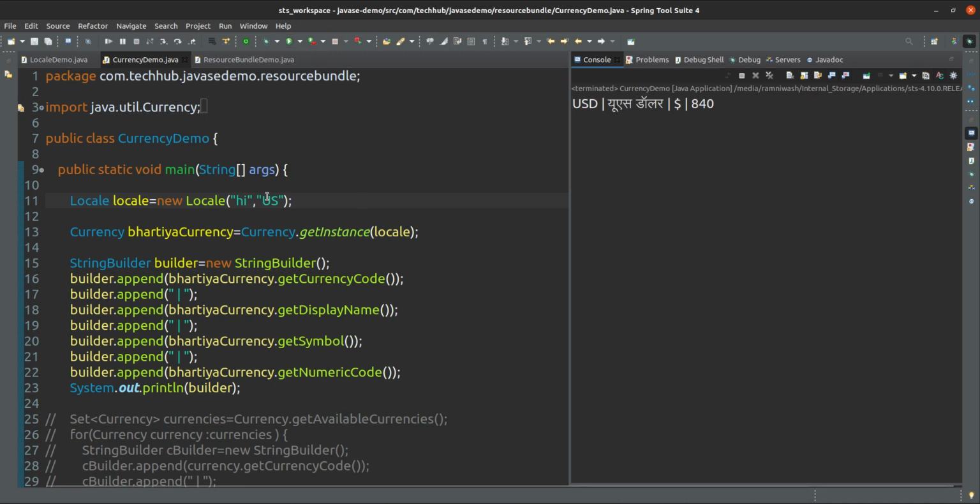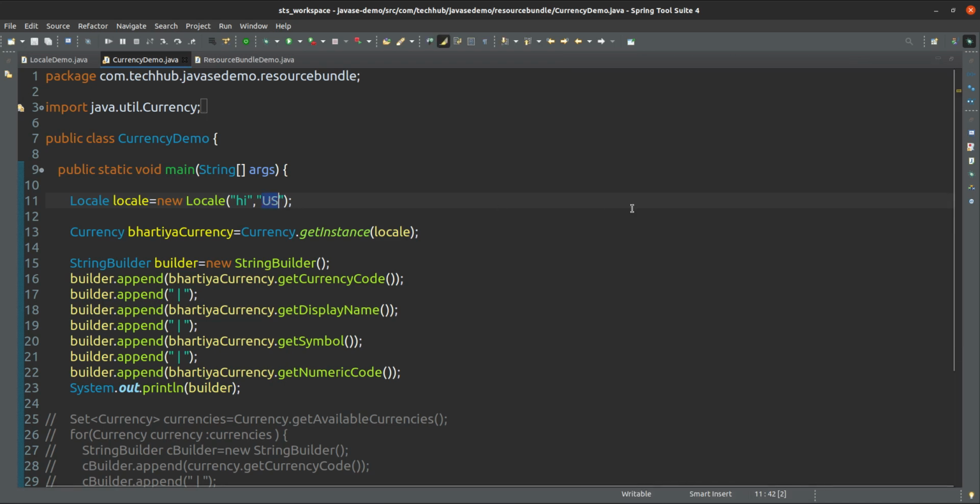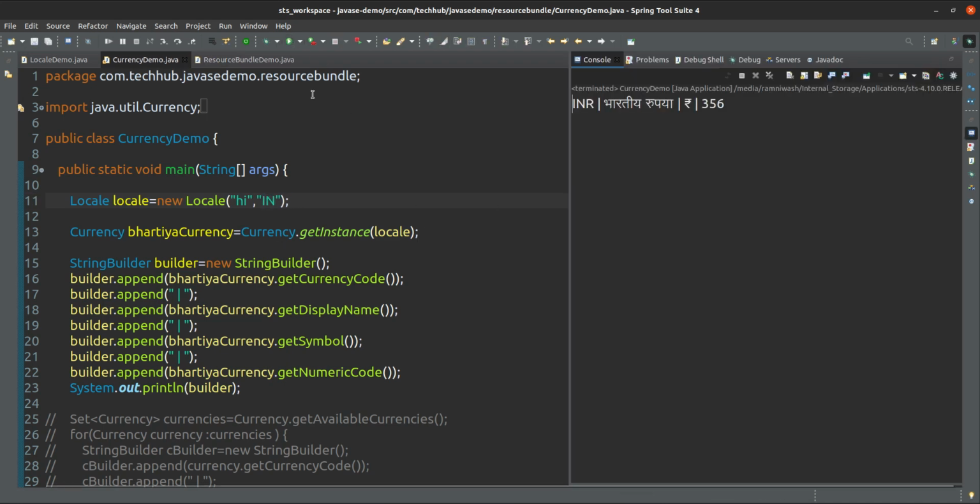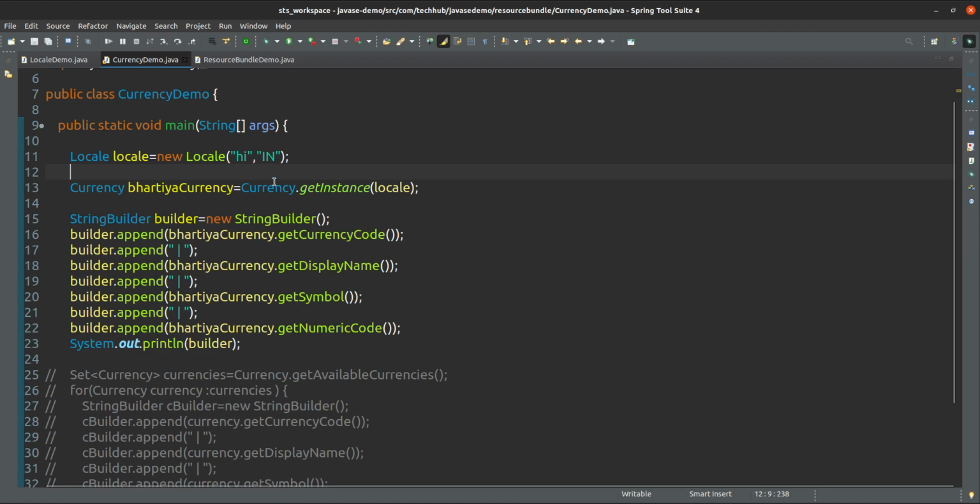Sorry, language doesn't matter here, only the country matters. What is the country? US, so US dollar. Like that it will come. So this is the locale for Hindi in India.